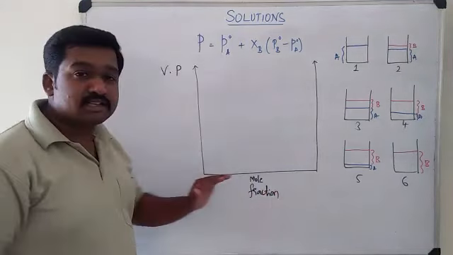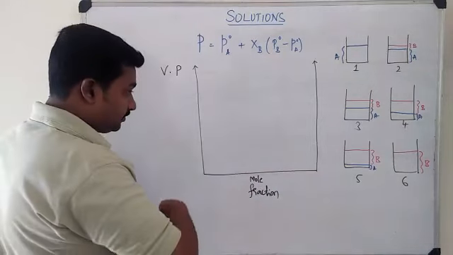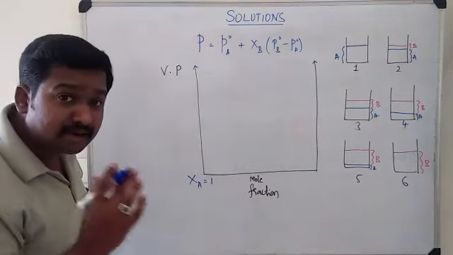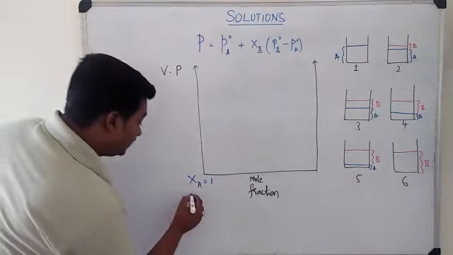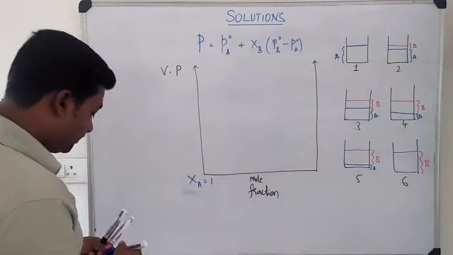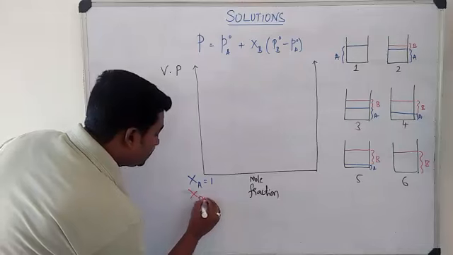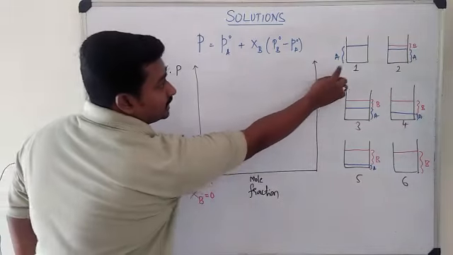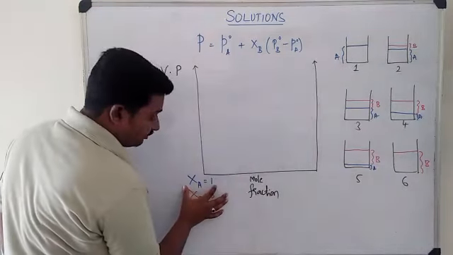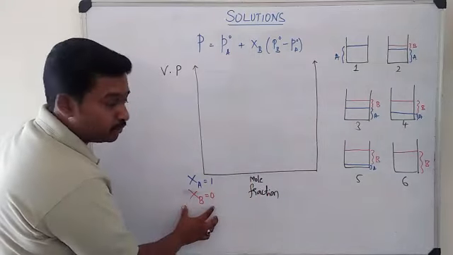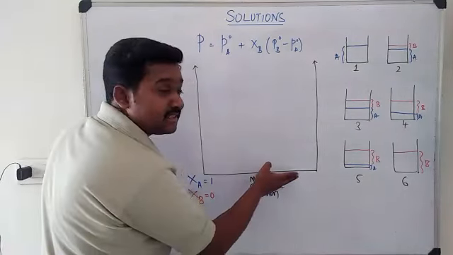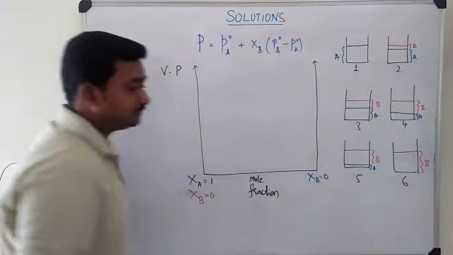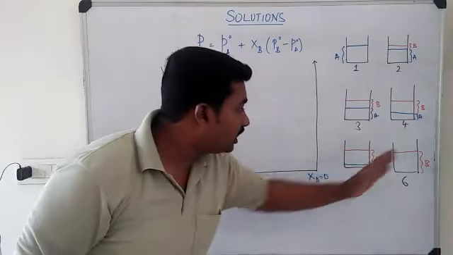In the graphical representation, if I consider, let us say like this. Component A, XA, has a fraction of 1, that is 100% in first case. At that point, the fraction of B was 0. Please understand this. At this point, that is origin, I am considering the first case where A is 100% full and B is 0. So XB is 0. As you move along this mole fraction axis, you will end up at a stage where XA has become 0 here. In the case 6, I don't have any component A here.